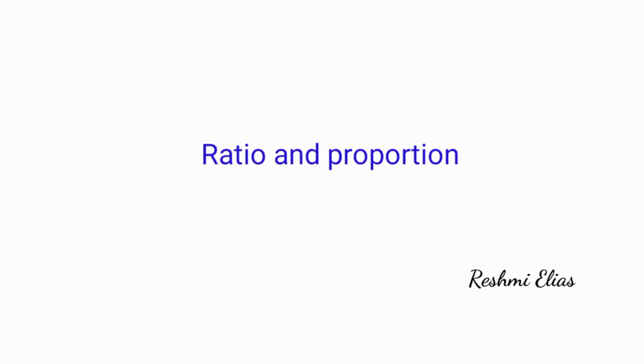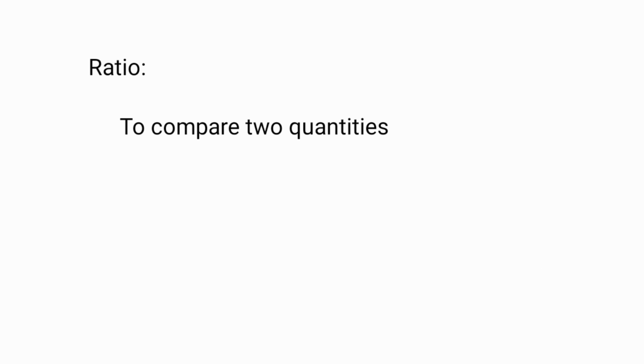Let's get started. So what is the difference between ratio and proportion? If there are two persons, A and B, if A is 5 times faster than B, means if the value corresponding to B is taken as 1, A will be 5 times faster. So the ratio will be 5 is to 1. This can be represented as 5 by 1. So if we have a ratio A is to B, this is nothing but A by B.